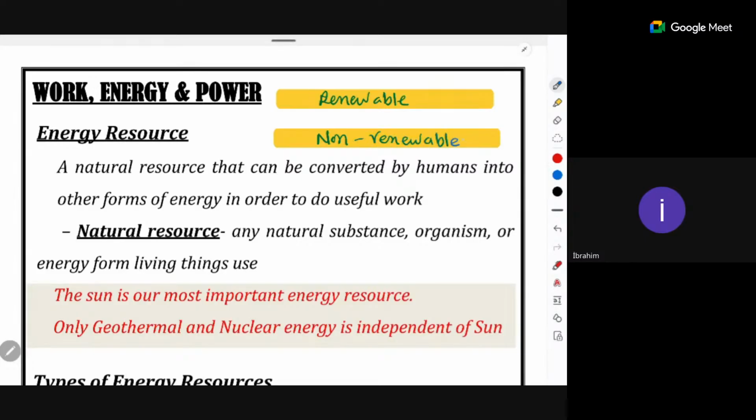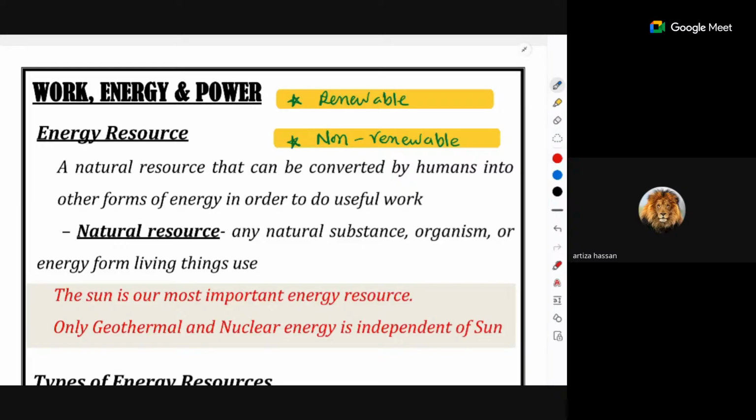You got the point? Renewable, as the name says, is very clear: that you can replenish them. Replenish means you can restore them more quickly as you are using them. For example, solar energy is used at a very high rate. But as compared to that, if I consider the coal or the energy that I was talking about,